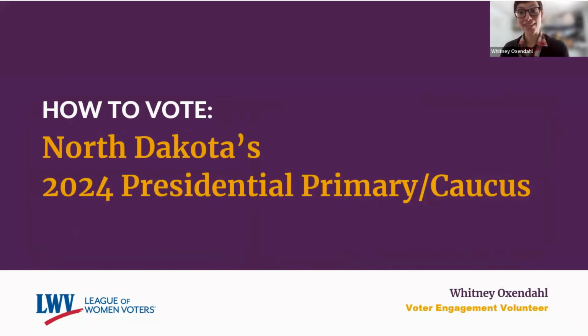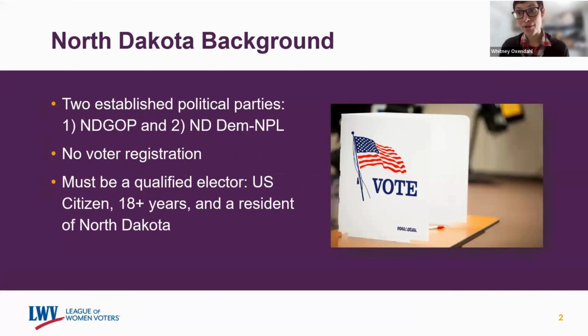And I'm here today to talk about how to vote in North Dakota's 2024 presidential primary/caucus process. A little bit of background on North Dakota. As of now, February 2024, there are two established political parties. One, we have the NDGOP, which is our Republican Party, and two, the North Dakota Dem-NPL, which is our Democratic